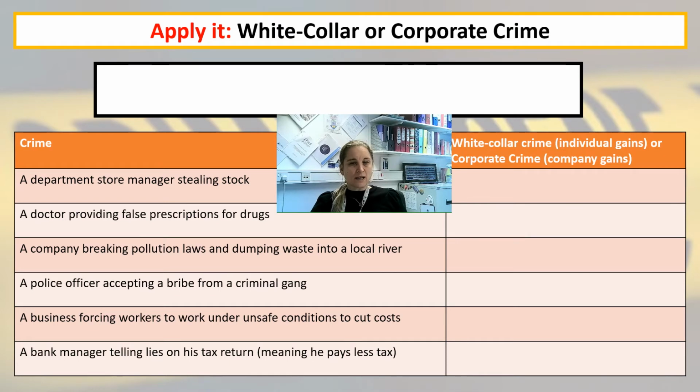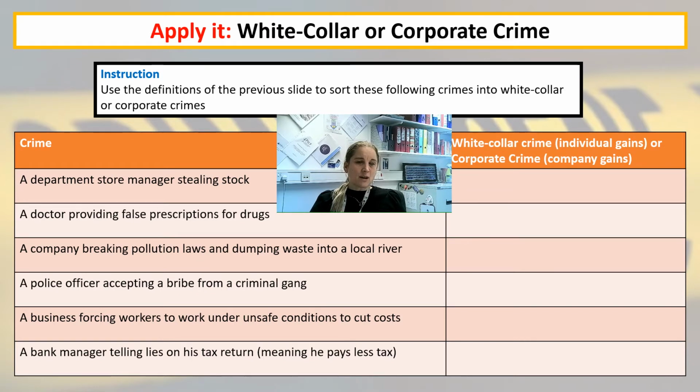Okay, so very quickly, whiz down this table, draw it into your books, and then I want you to write down whether the issue that you've been told about, the crime, is a white collar crime or a corporate crime. So we've got a department store manager stealing stock, which is white collar crime, because the store manager is gaining. A doctor providing false prescriptions for drugs,